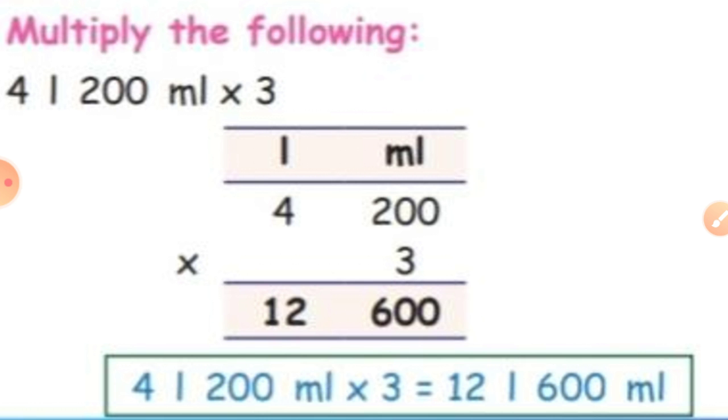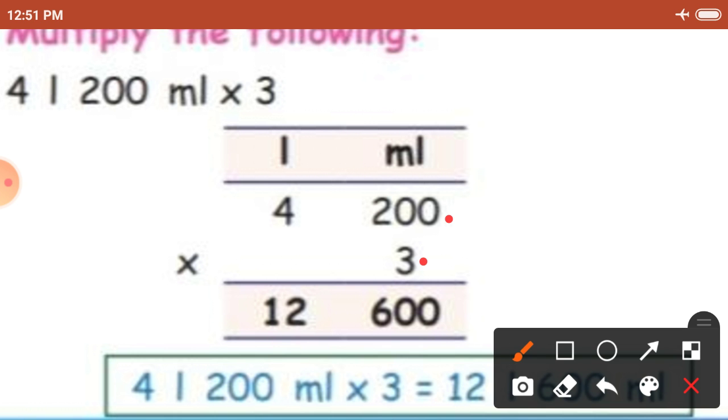After that you multiply it by 3. So multiply this number with 3. Let's multiply this. First this 3 will be multiplied with the 0. So 3 0s are what? 0. Again this 3 will be multiplied with this 0. So 3 0s are what? 0. Next this 3 will be multiplied with this 2. So 3 2s are what? 6. Now milliliters place is over and you don't have any carry.